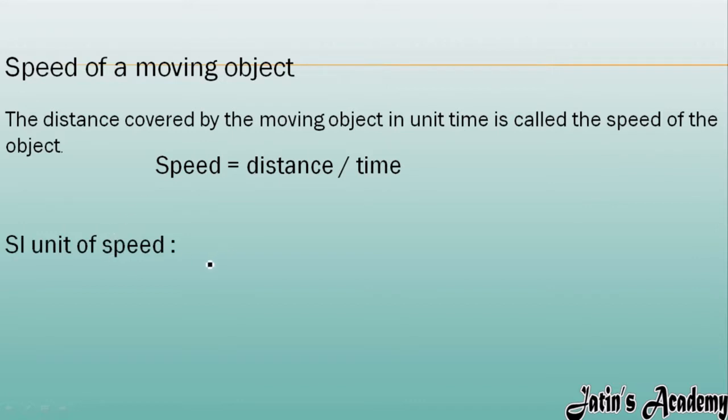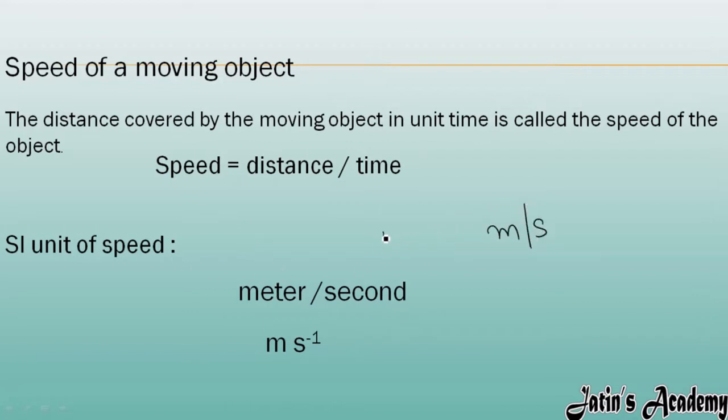Now we are having the SI unit of speed. We are going to calculate the SI unit of speed. So firstly, we will see the SI unit of distance. So SI unit of distance is what? Meter. And SI unit of time is second. Okay. So we saw firstly the SI unit of distance, then the SI unit of time. So now the SI unit of speed is meter per second. You can write it like this also. So SI unit of speed is meter per second. Fine.